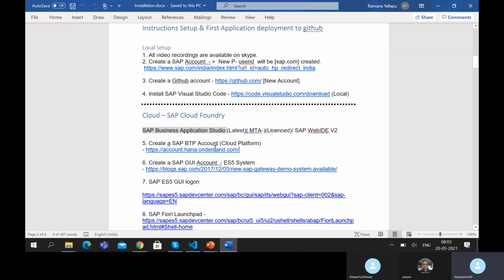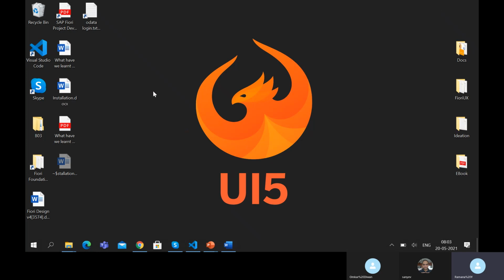The one additional step we have to do today is to register our OData service, whichever services we want to use. Now we want to connect the ES5 system for all our development, so we have to register this in our cloud platform. I'll show that step lastly. Only that step is left in this space, and then we are good to go. So this I'm just parking for now. Today's session, what we'll focus on is